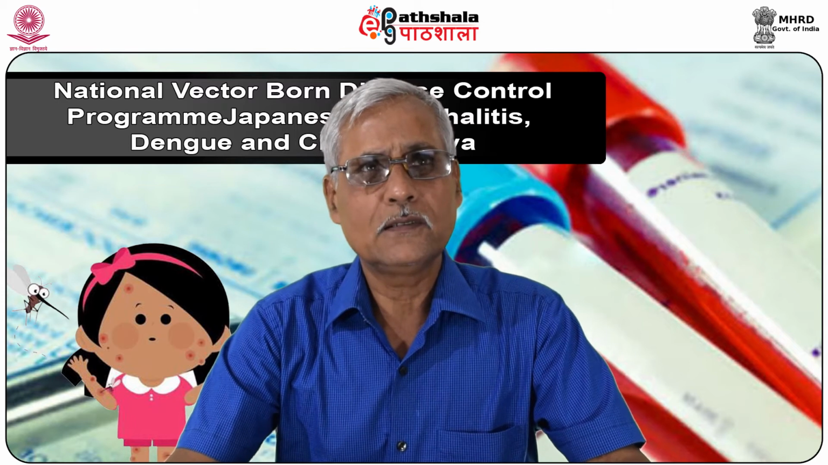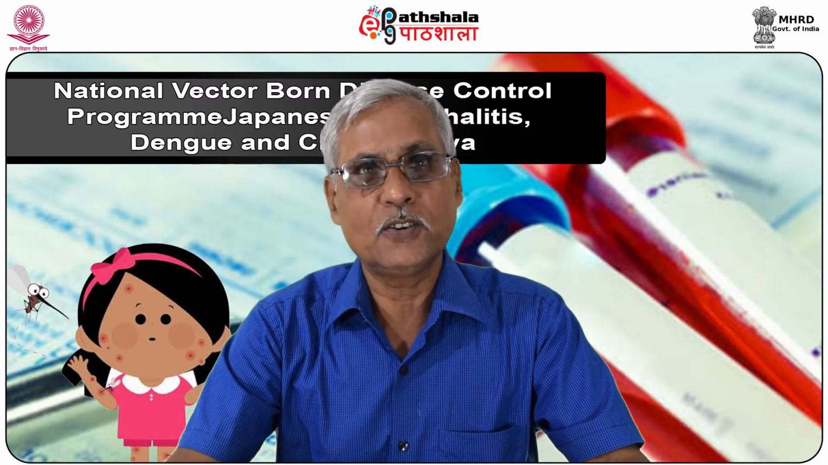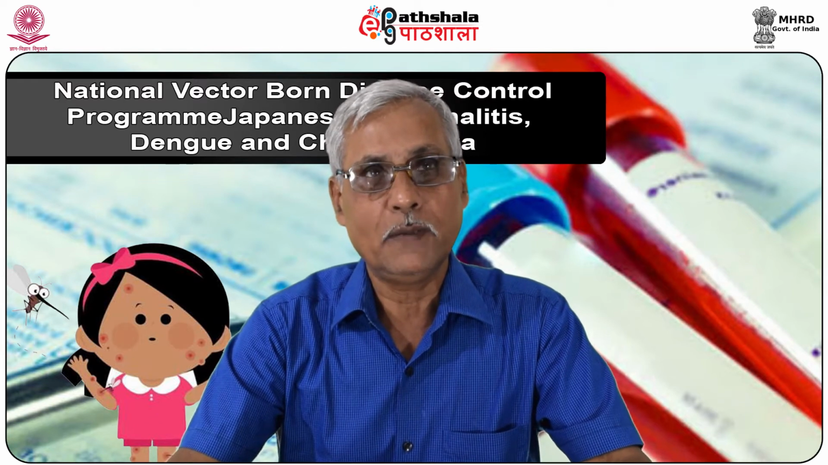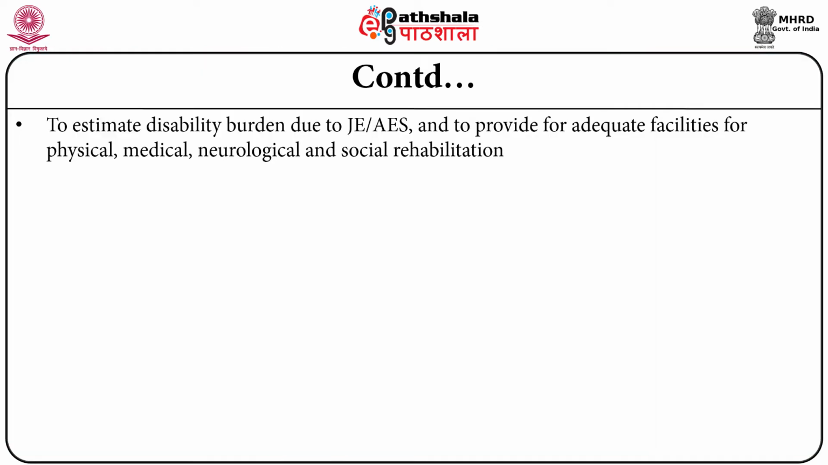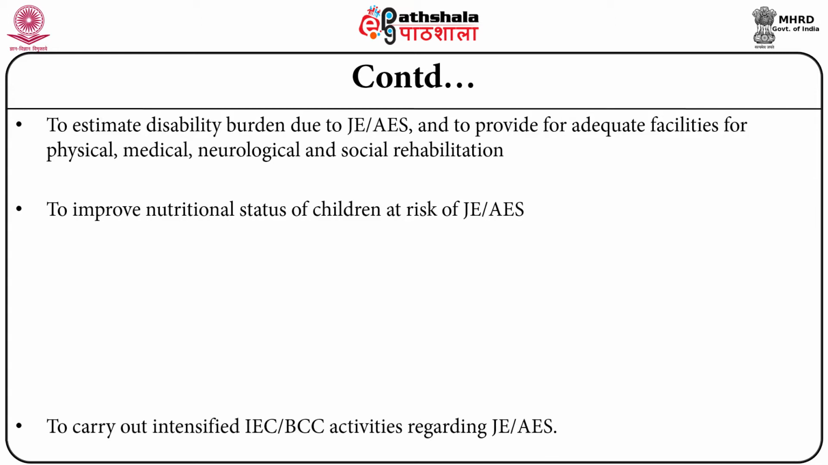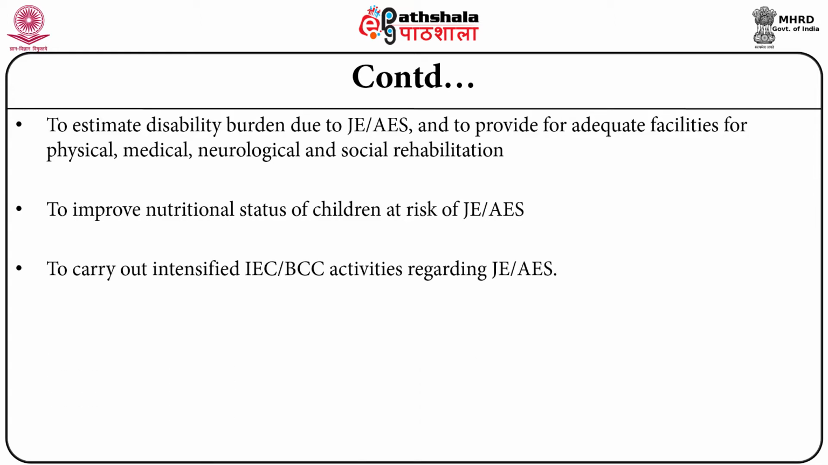We have to estimate the disability burden due to JE and AES and to provide adequate facilities for physical, mental, medical, neurological and social rehabilitation of these cases. And to improve nutrition of children at risk of JE and AES, that's also an important component of the package of overall management. And to carry out intensified information, education and communication and behavioral change communication activities regarding JE and